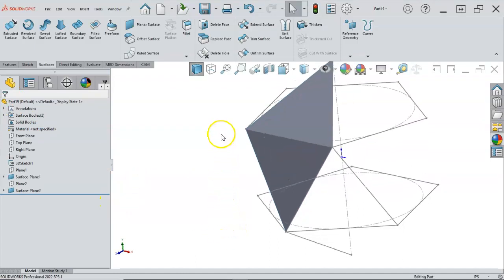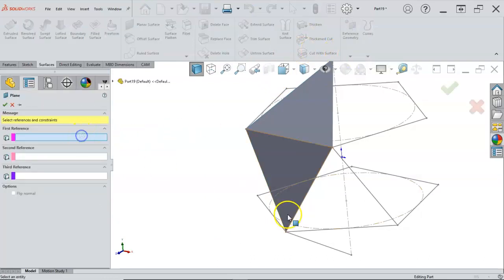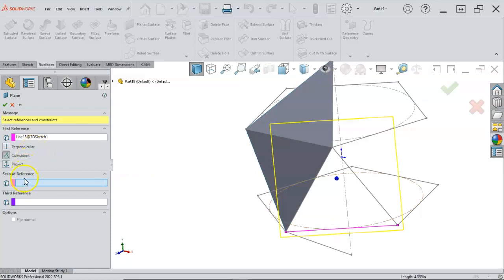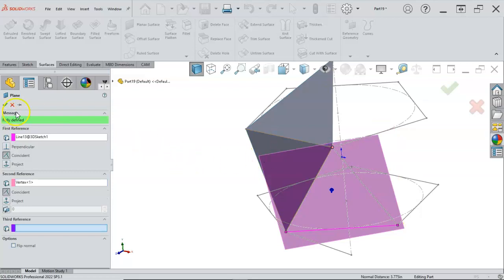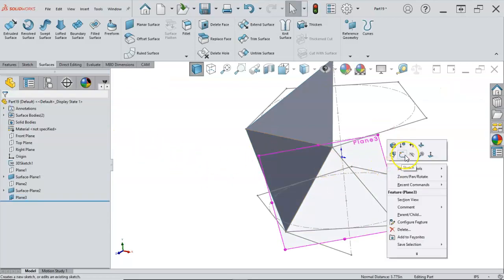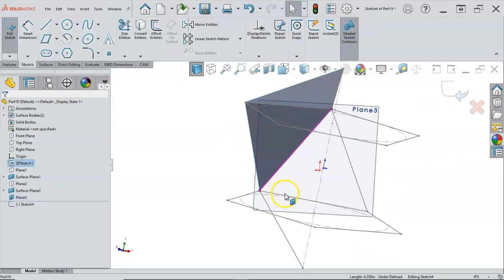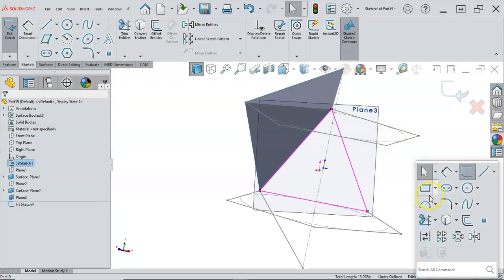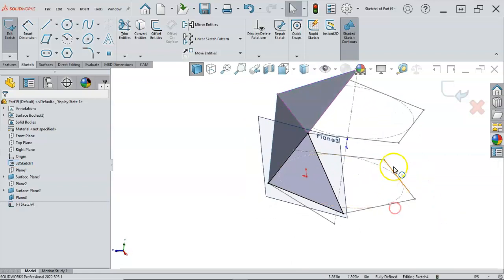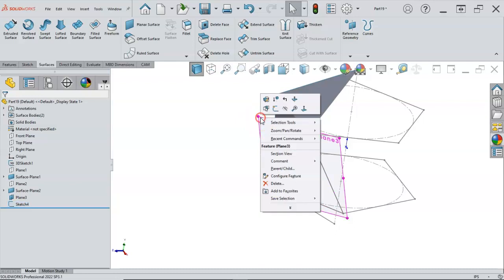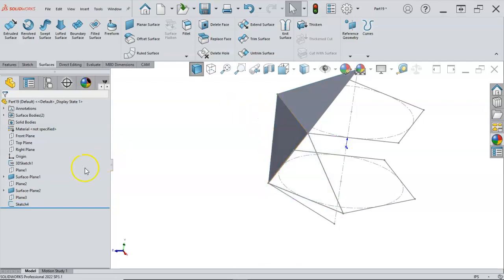All right, so for our next plane, let's see, we have reference geometry over here, plane. We'll go with the bottom, and then the second reference will be that one. Open up the sketch, convert my 3 geometry since I sketched them in there. So I could put as many lines in there as I wanted, but I don't want to get myself confused on that one. So sketch 4, planar surface,